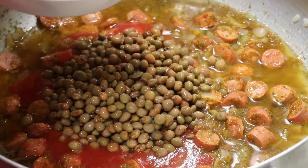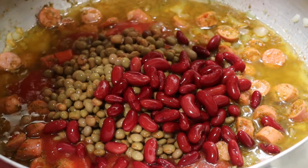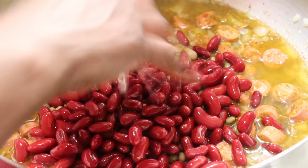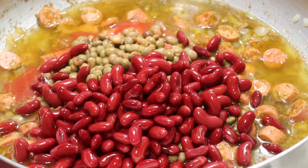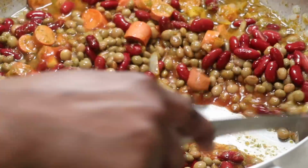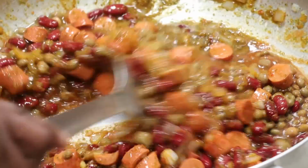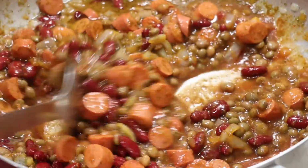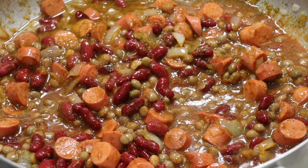I usually wash my red kidney beans because, like I said, when you open the can up, it comes with a very thick juice in it. So I don't want that. I don't know what that juice is for, but I don't want it in my meal. So I always rinse it out before I cook with it. If you have fresh beans that you're gonna be boiling, that's even awesome. It's even better if you're not a fan of using canned beans. You could soak your red kidney beans overnight. That will also help it to cook